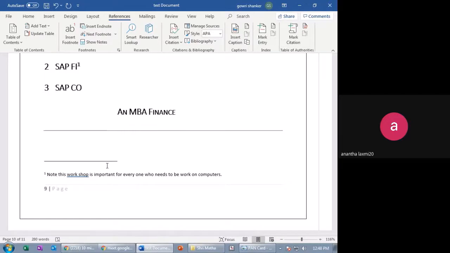This footnote will be useful to give an explanation about a particular word or a person. Yes, sir. So this is how you'll be working. This is footnotes, right? Here you can insert notes, or you can show notes, whatever you want. You can do it in this footnotes only, but it comes at the bottom of the page.